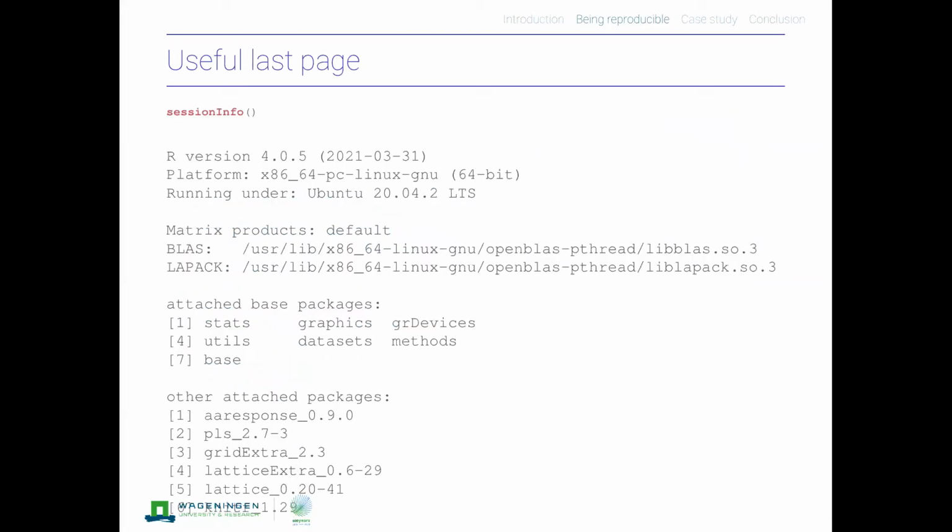One very useful thing is the command sessionInfo in R, and that is something that I usually include as a very last page in a report, because it tells you everything you need to know about the R version that is used, the packages that have been used in the analysis, and also the operating system information and the platform on which you run it. I don't think clients or partners will usually read this unless there is a real need to explain differences, and then it's very handy to have this information available.